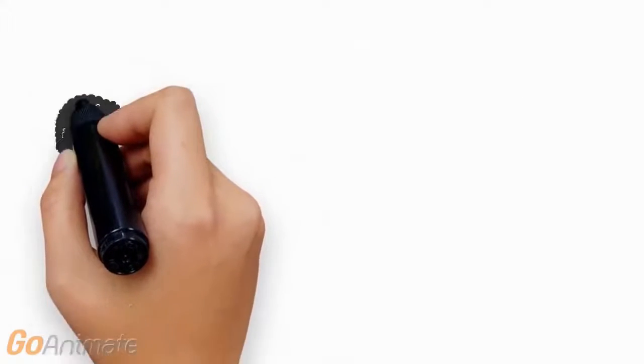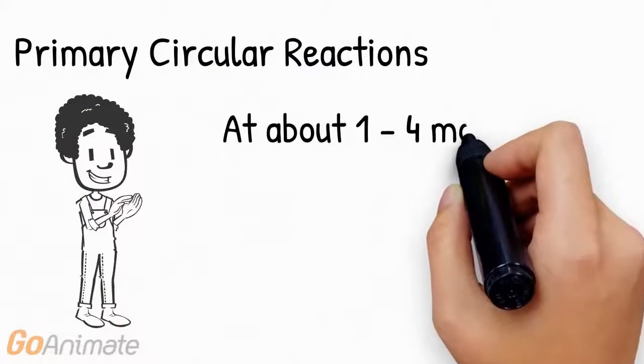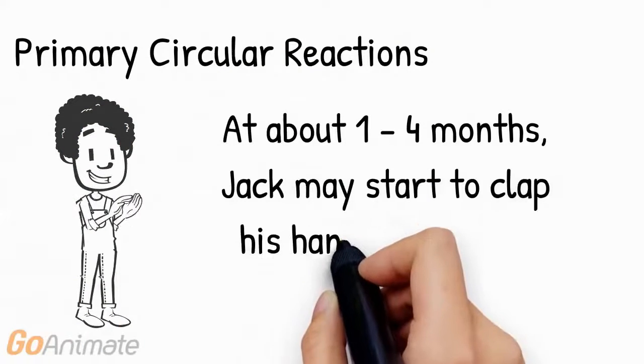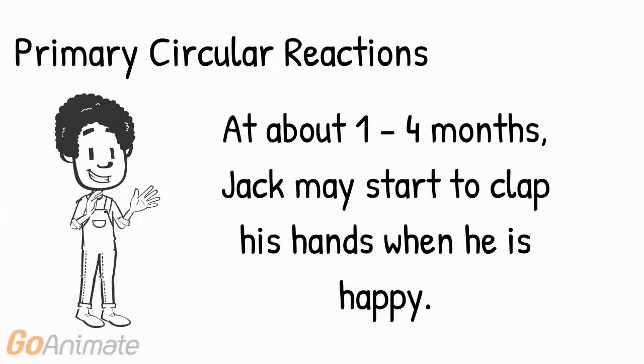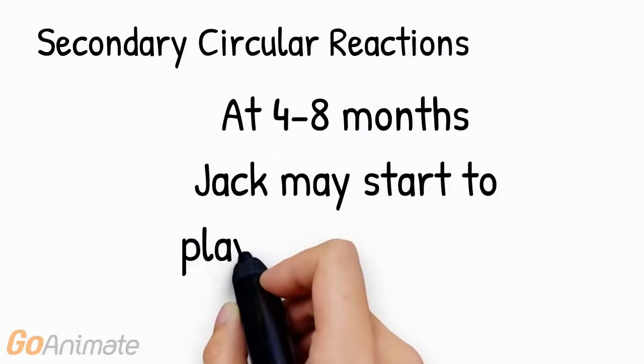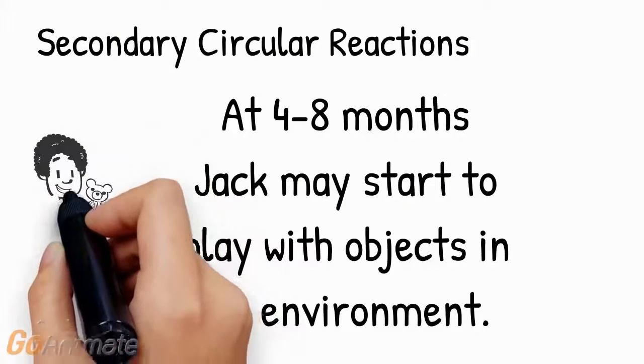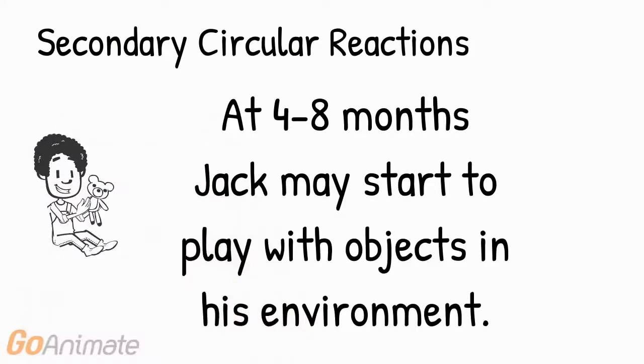Circular reactions are repeated acts that are not intended to accomplish a goal. When a child is doing them within his or her own body, not an object, it's called a primary circular reaction, which happens from 1 to 4 months. Secondary circular reaction is when a child repeats the same action with an object, such as a toy, without an intended goal. And secondary circular reactions generally start when the child is between 4 to 8 months.